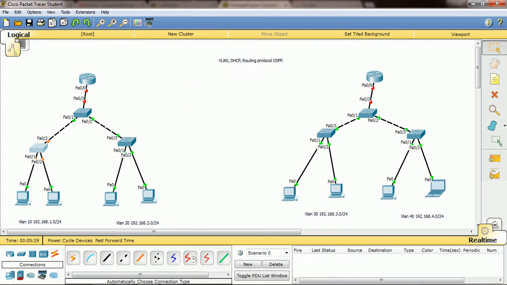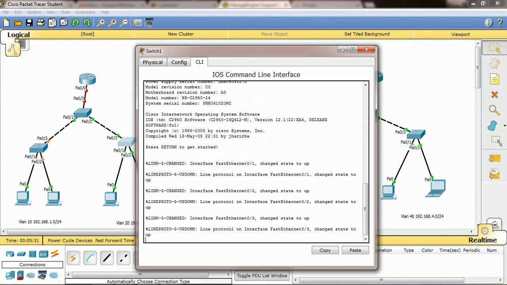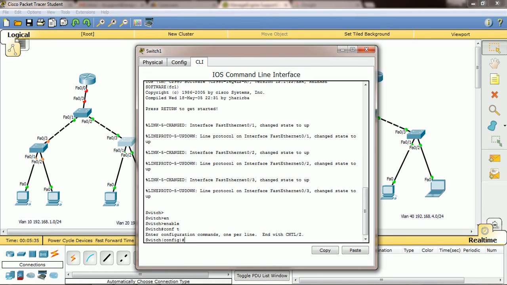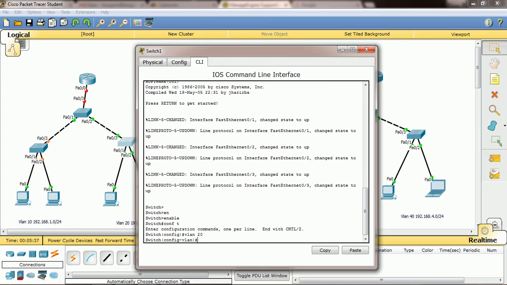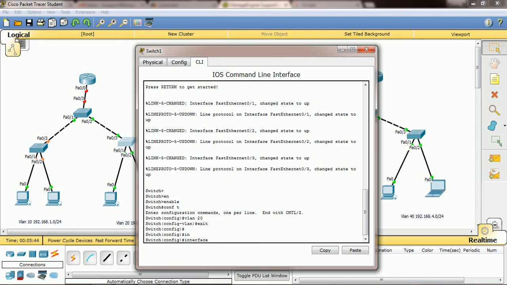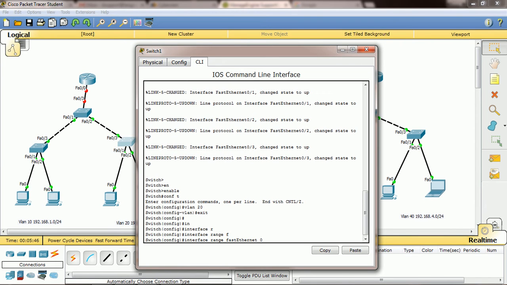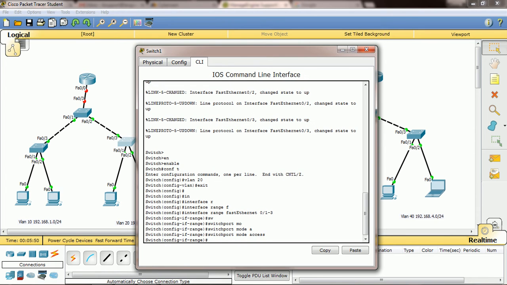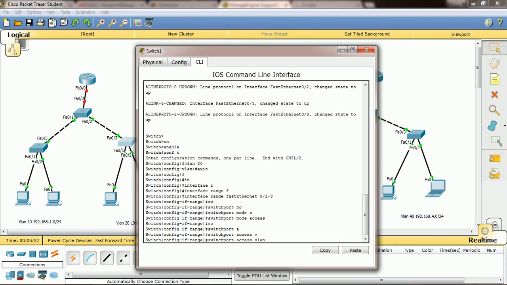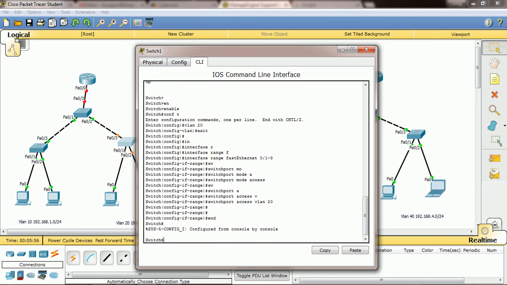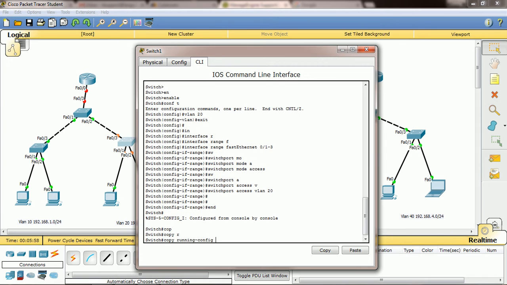Okay, then same like in this switch also, enable, config terminal, then create VLAN 20, then exit, then enter into interface range fast ethernet 0/1 to 3, switchport mode access, switchport access vlan 20, right? Yeah, then give end, then copy, right?